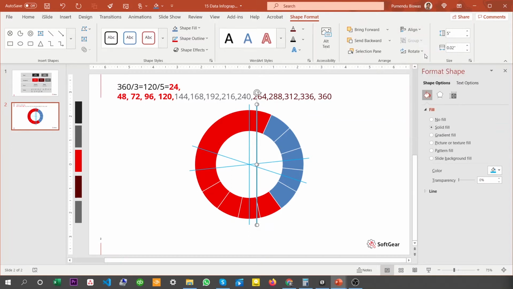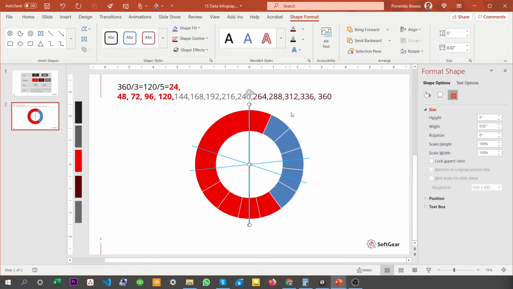Let's align it in the center, then rotate this to 312. Copy again, align center, rotate this to 336,